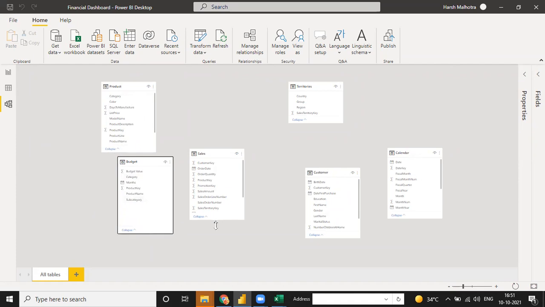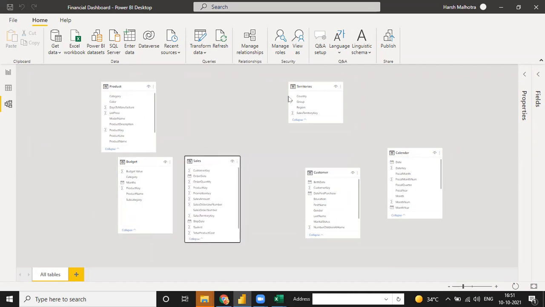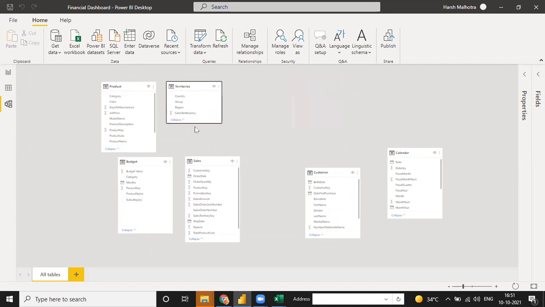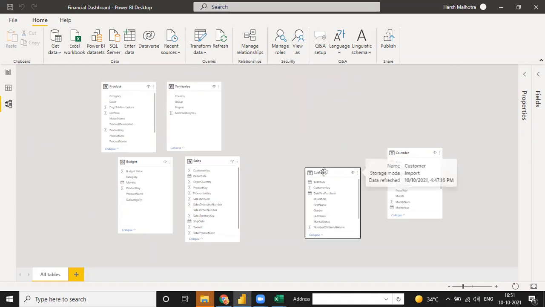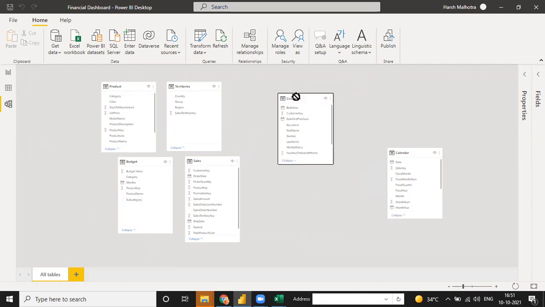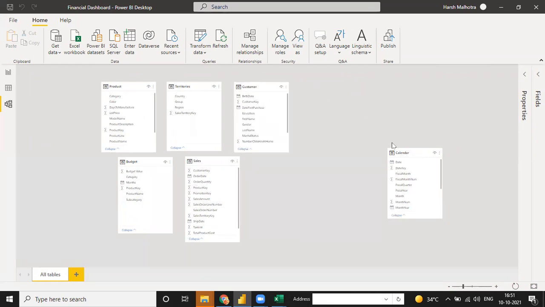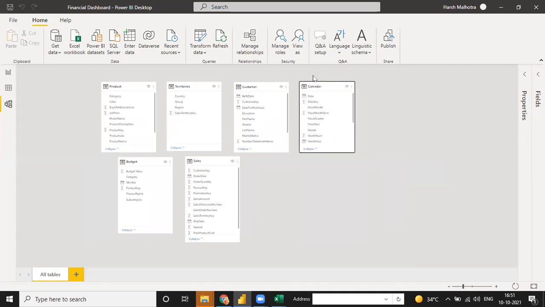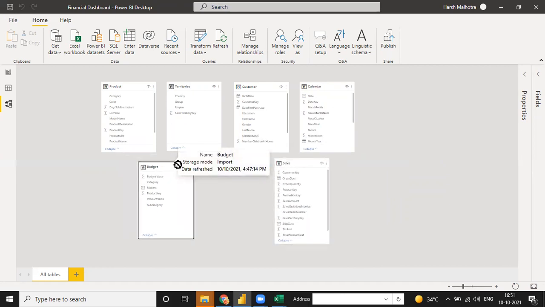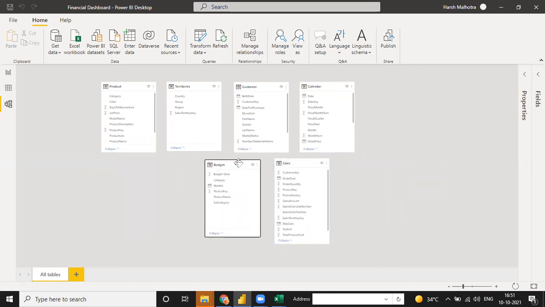If the fact table has a column but the dimension table doesn't have that same column, then we need to check the data. We can check whether we have the same column in all the sheets, fact as well as lookup. If the column is different but the data is the same, then we can rename that column and make the relationship.